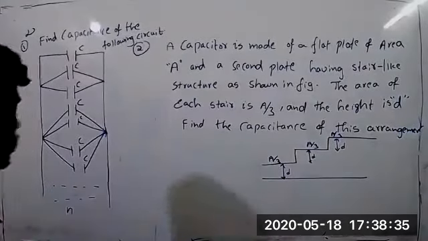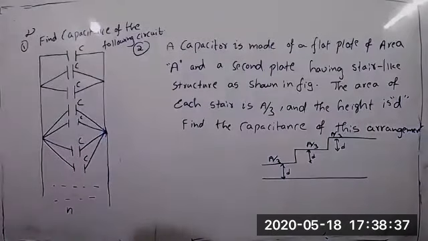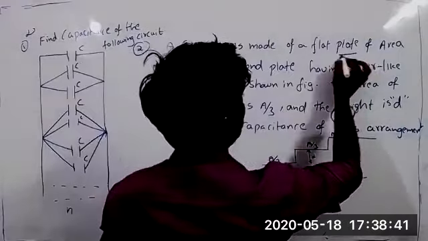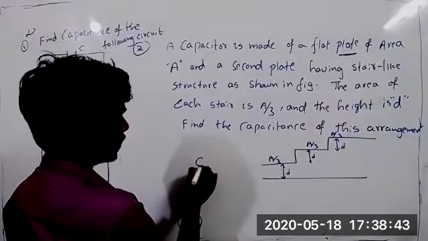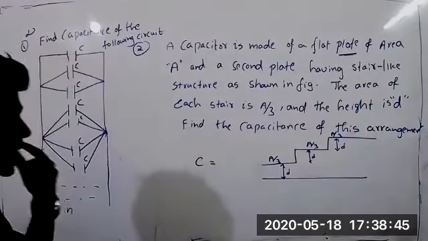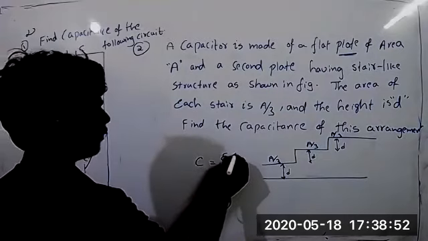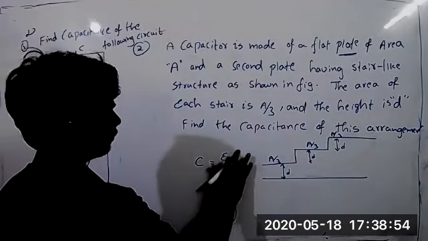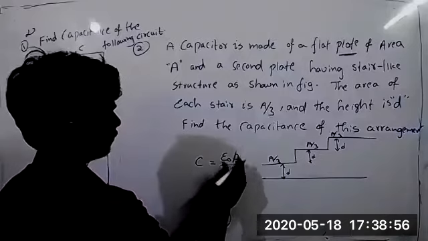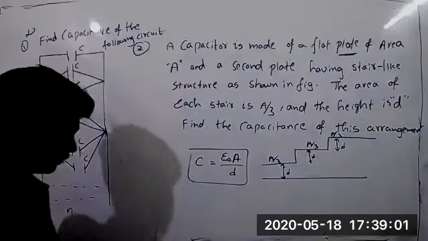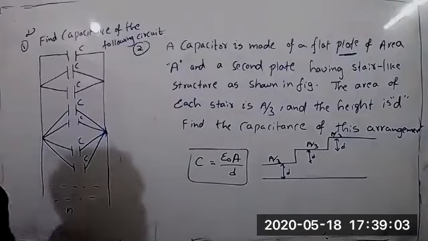And the next one is this. See, remember they have given the capacitor in terms of plates. So due to a single plate, how much capacitance will we get? We have a formula, right? Parallel plate capacitor. This is the formula we will use here. And these capacitors are arranged in parallel. Remember that.